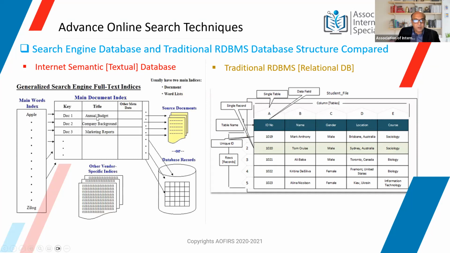And the title of the document, for instance, the first case is annual budget, the second company background, and so on. Now, these are what we call source documents or HTML pages, something that has the HTML code which embeds the content, except that one of the components of the HTML pages, like in the source document, is named annual budget. The other document is company background, and so on.